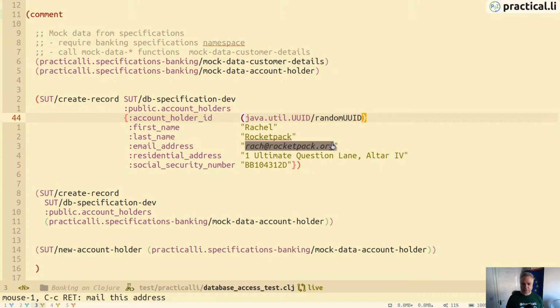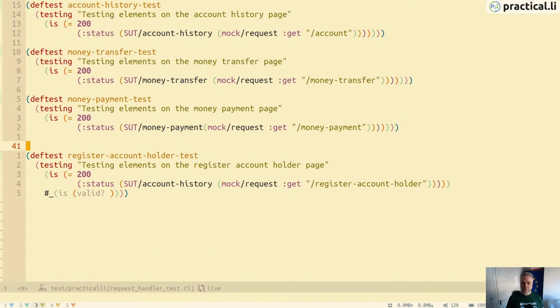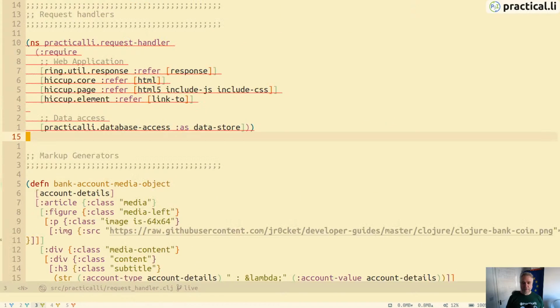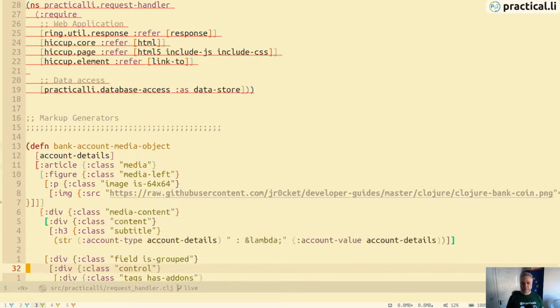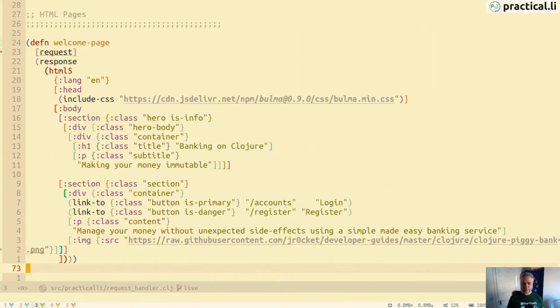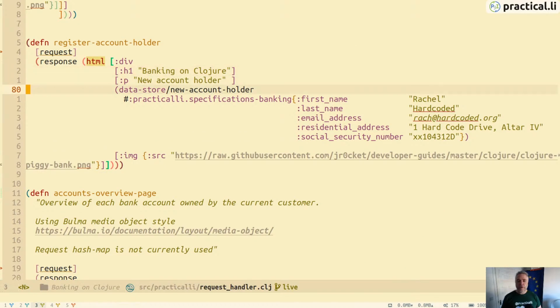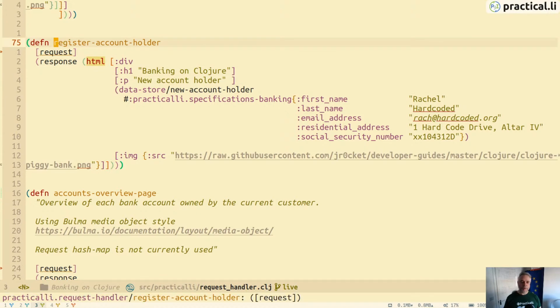So if we go back and switch back to a high level of the request handler. Request handler, not the test. Request handler itself. And then we've got, oops, where is it? There we go. So when we come to our application, we can create a form on the web page, which